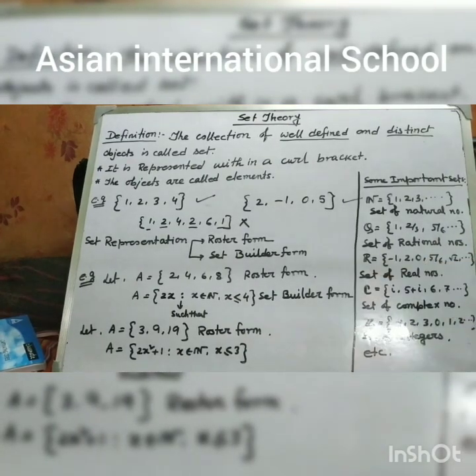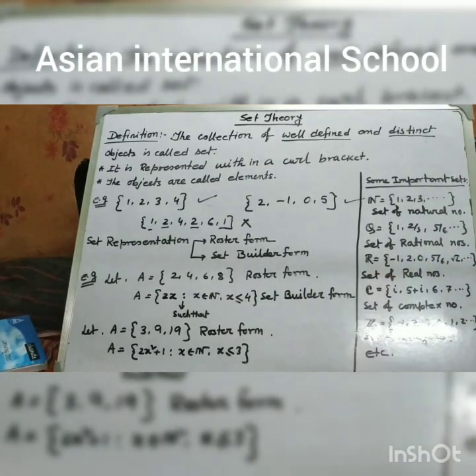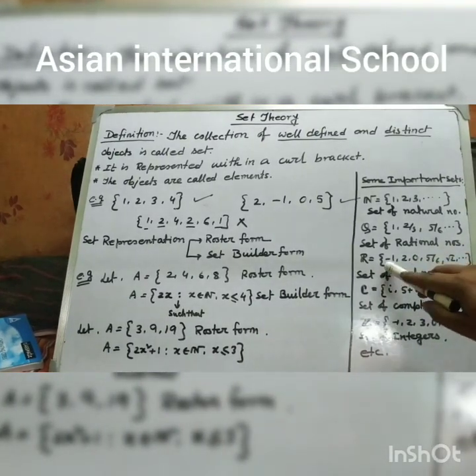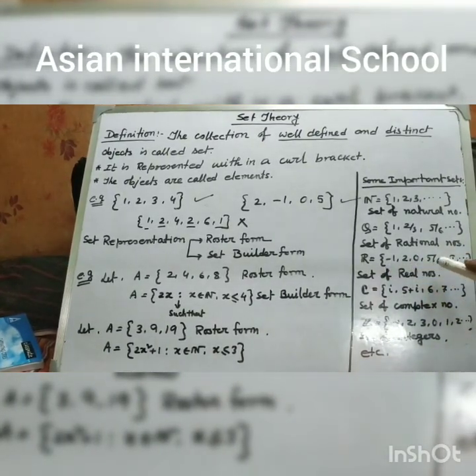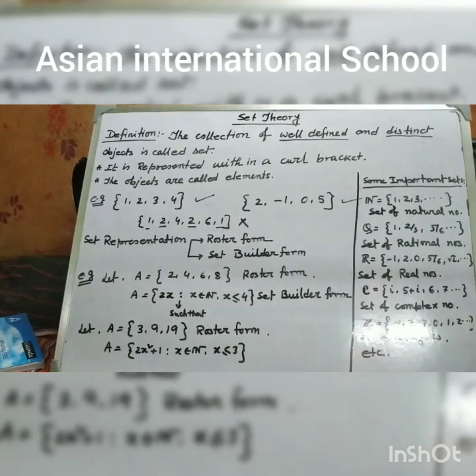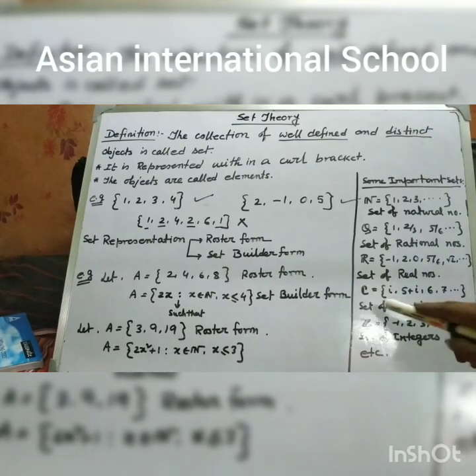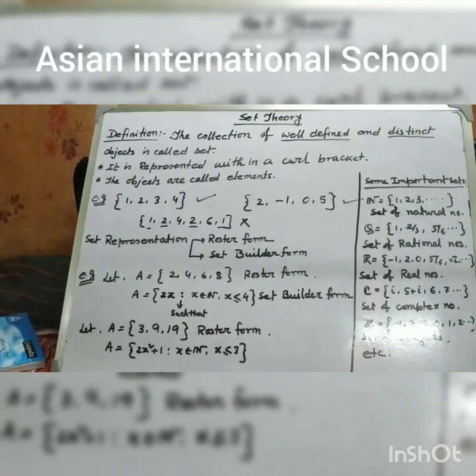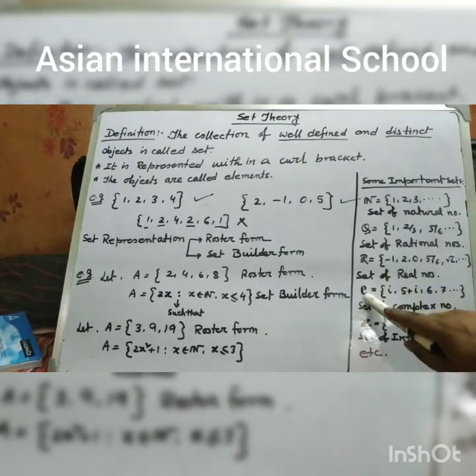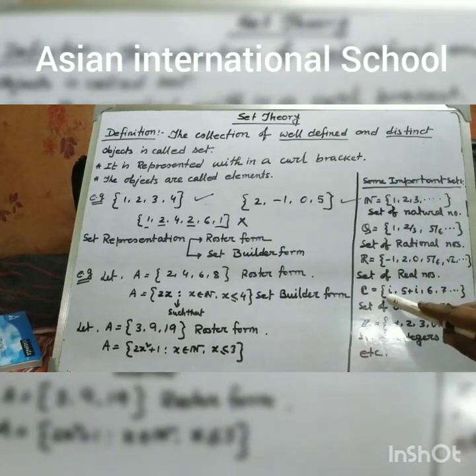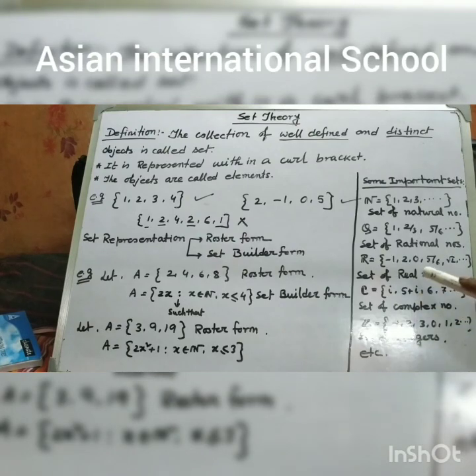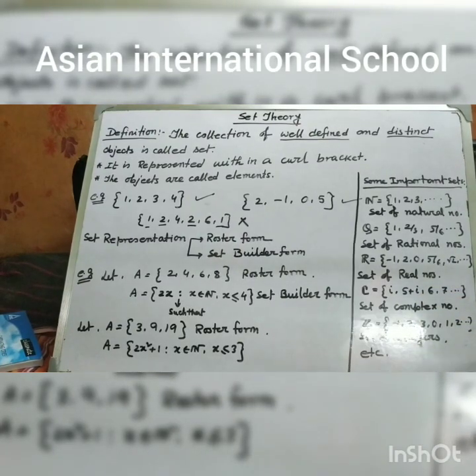After that, the real numbers. Real numbers means all are included: all rational numbers and all irrational numbers, like -1, 2, 0, 5 by 6, root 2. All the rational and irrational numbers are included in the set of real numbers. Then the set of complex numbers. It is the biggest set among all the sets. The complex numbers consist of all the complex numbers as well as the real numbers.